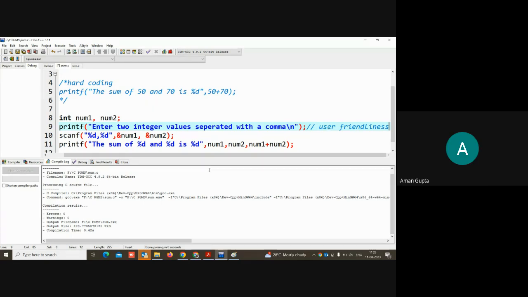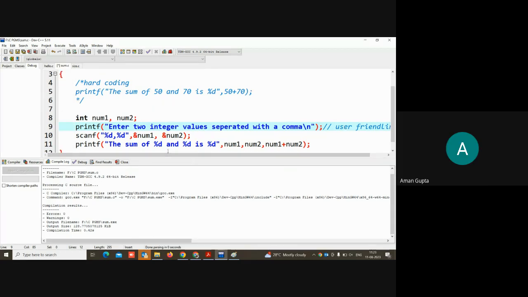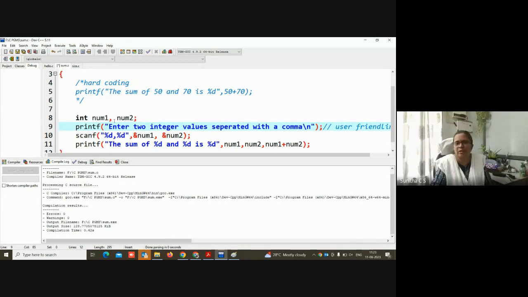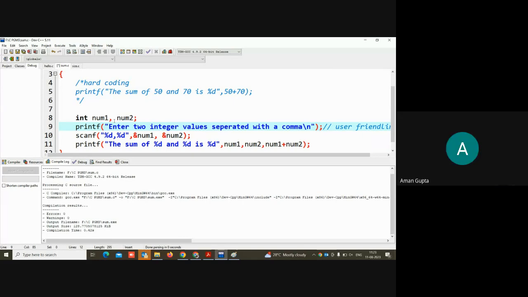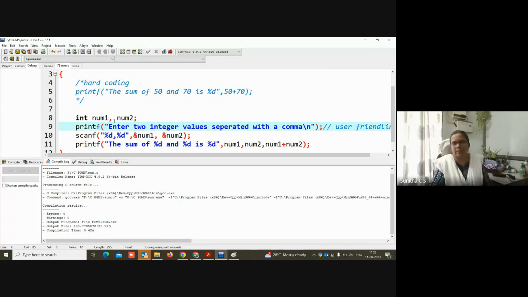And ma'am, one more thing I want to ask. Ma'am, junk value, as here in this example, one it is giving. So ma'am, it will remain one in all the cases, or it will change in different scenarios? It will change. You cannot predict what junk value will be coming, because for my system, my compiler, it is giving 1, but for some other system, it depends on compiler, ma'am. Yeah, it depends. And it also depends on the previous value which is there in the memory. Because junk means it's the previous value which is there in the memory.